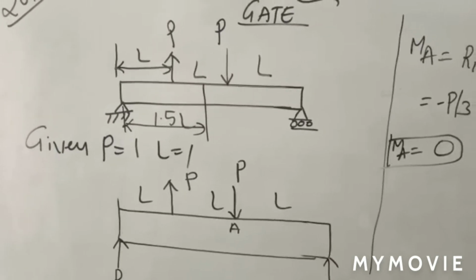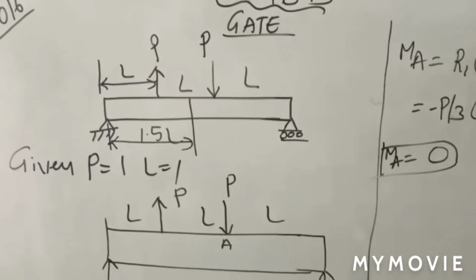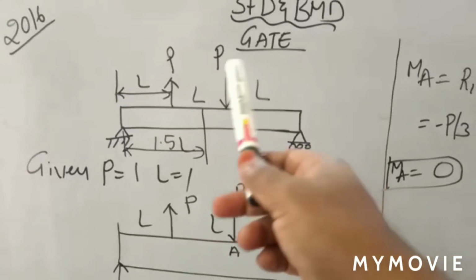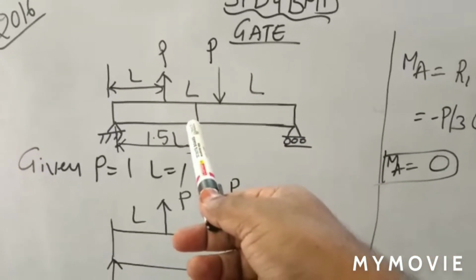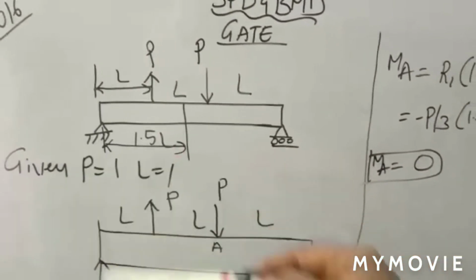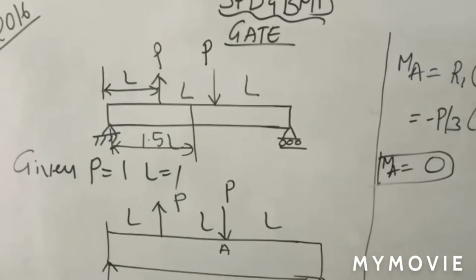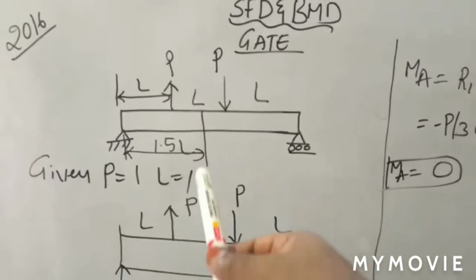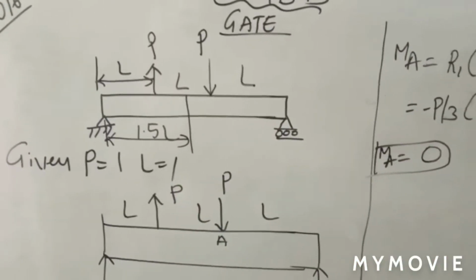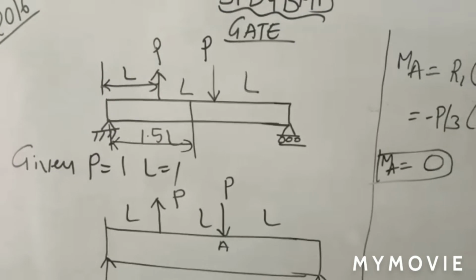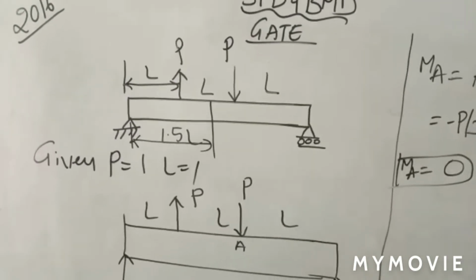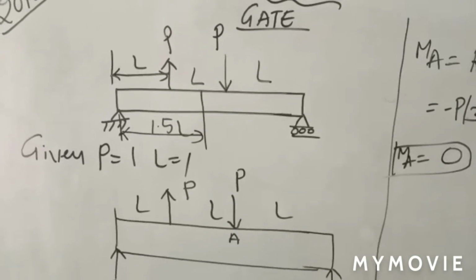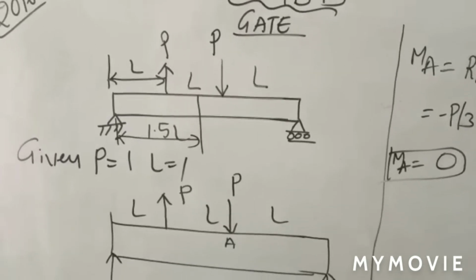But in this case it is somewhat a different problem from what we discussed in your earlier classes. In all of your classes we already discussed problems with forces acting in the downward direction. Almost all the forces were acting downward, but in this case one force is acting in the upward direction. The P value will be acting upward, but there is no confusion whether it may be upward direction or downward direction.